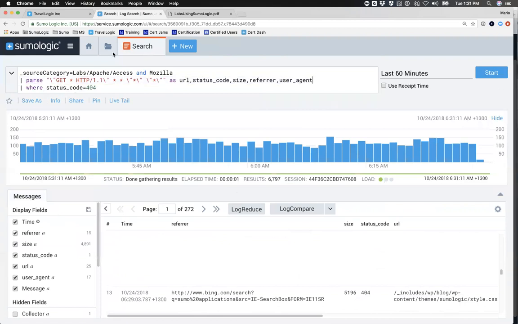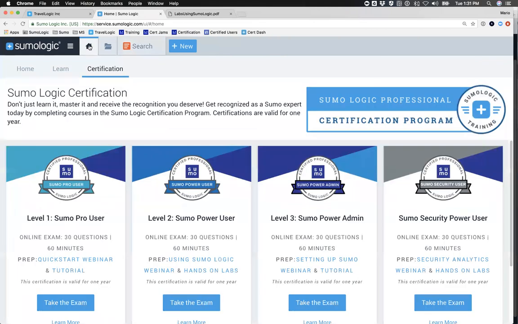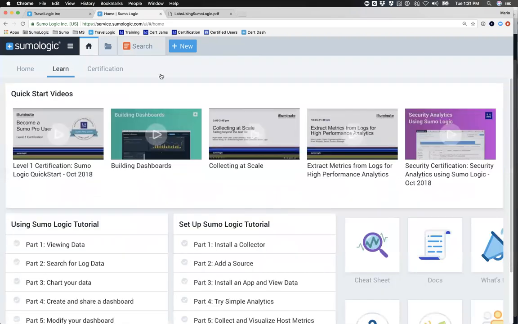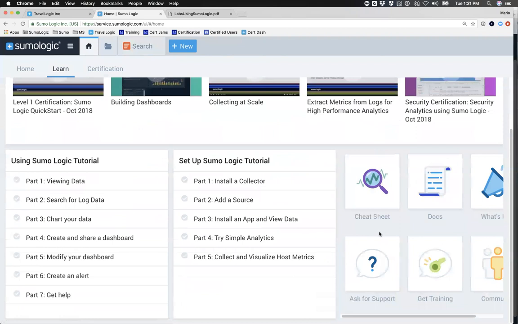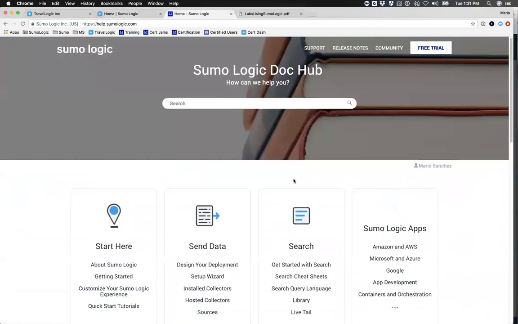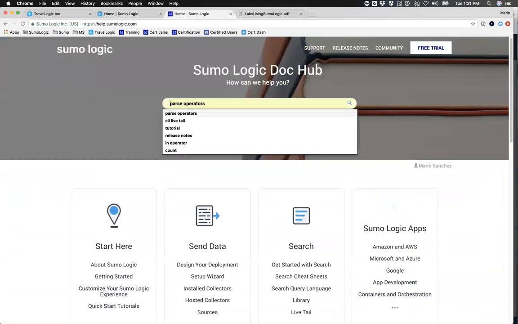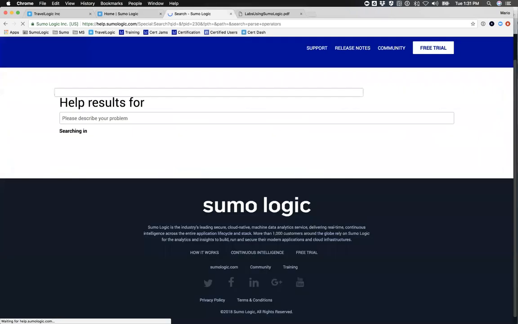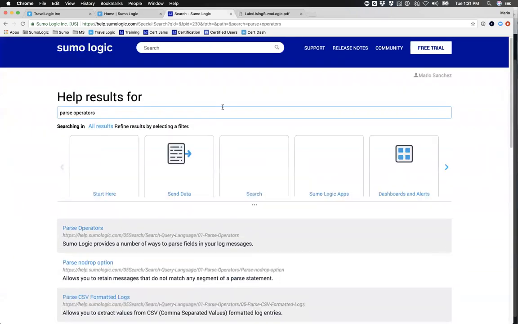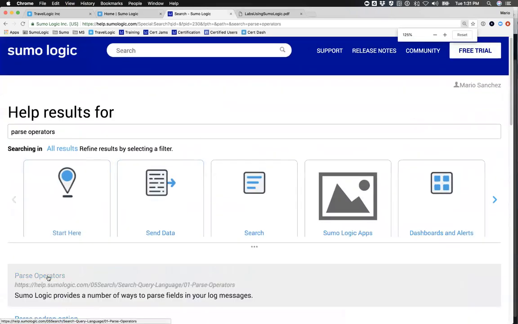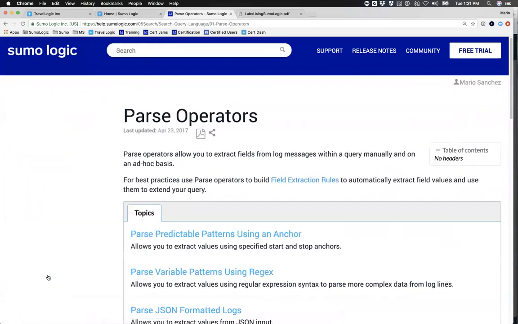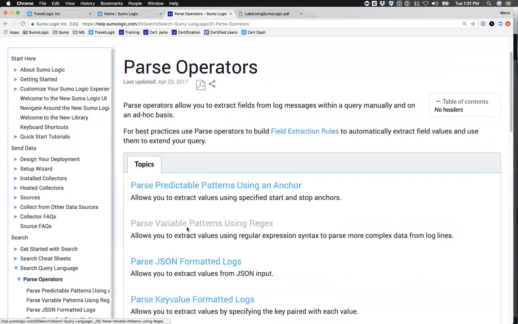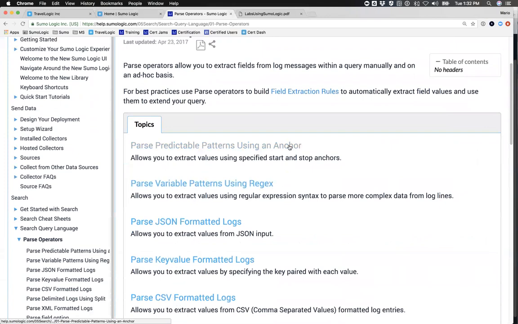There's quite a few different methods, and let me just pull up documentation to show you a few others. I'm going to go to that Home tab, and under Learn, one of the things available to me is the documentation, the docs themselves. And I'm going to go up in here and just search for parse operators. And let me pull that up for you, make this a little bit bigger. All right, so the one that I just showed you right now is called parse using Anchor. And the reason for that is because